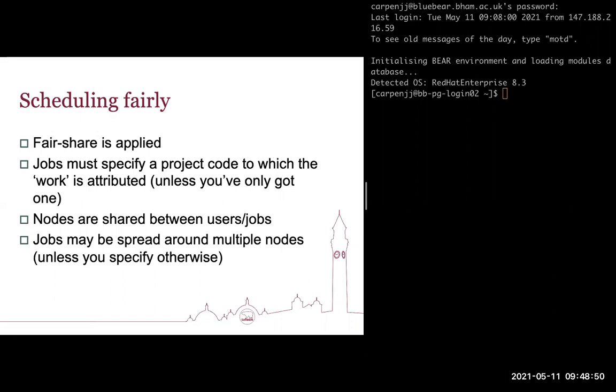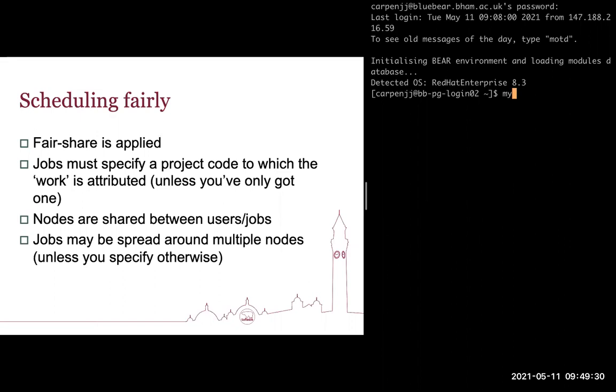Jobs must specify a project code. I say that with a caveat: if you are only a member of one project, so this is coming back to the BEAR project idea, then your job will always be submitted under that project code. But if you have access to more than one project, then you will need to specify the project code that you want to run that job against. That's particularly important if different projects have access to different resources. So not all projects have access to the same queues, the same QoSs. So knowing how your job is being submitted and what project you're attached to and what facilities that has is useful. And there is an easy way to discover that quickly, which is to type, when logged into